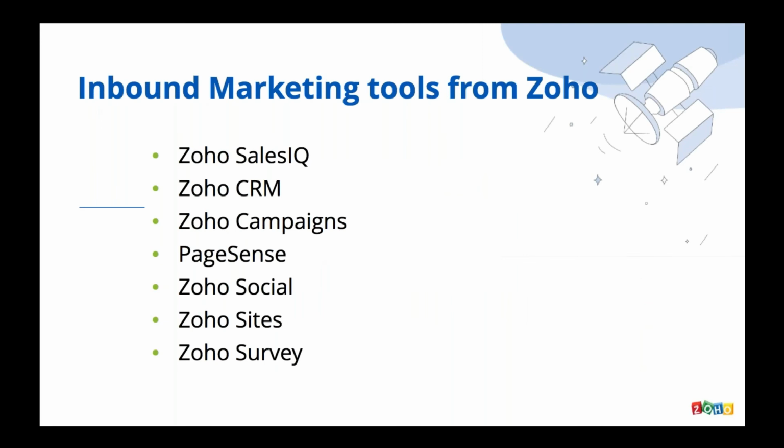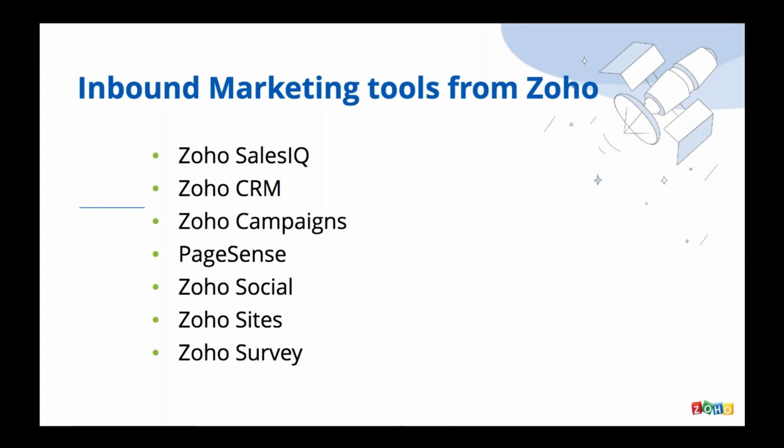So if you're asking what some of the inbound marketing tools from Zoho are, we should give you that, right? So we have Zoho SalesIQ, which is basically at the top of the funnel, converts leads into customers, and has lead scoring, and the same applies for CRM also. And then there are also workflows that get triggered based on website activity. Campaigns has the ability to send emails and drip campaigns. The newest addition is PageSense, which has heat maps, and it also has amazing ways in which you could look at which part of the content has been most engaging